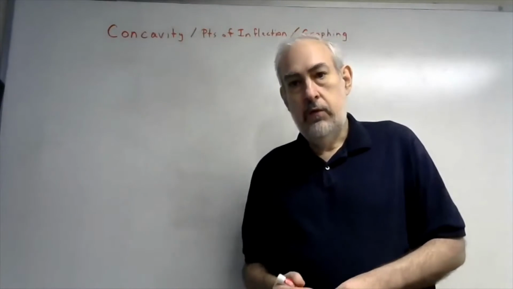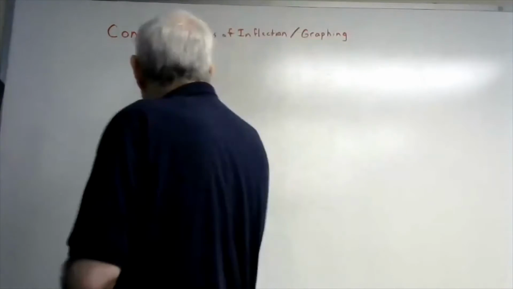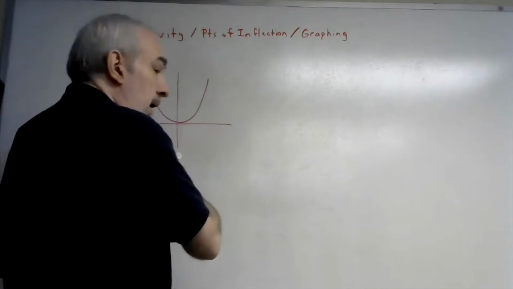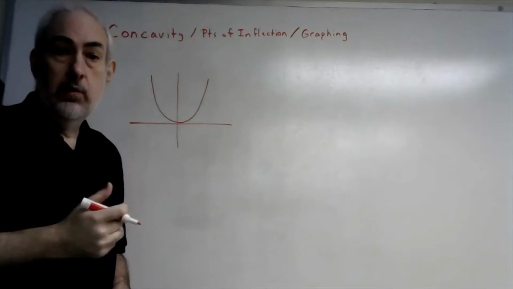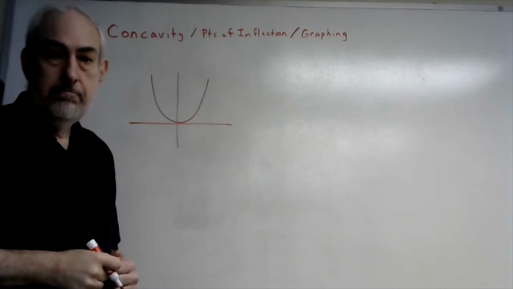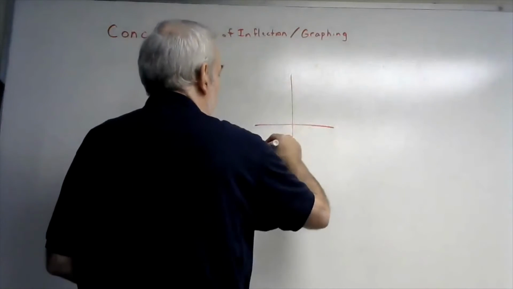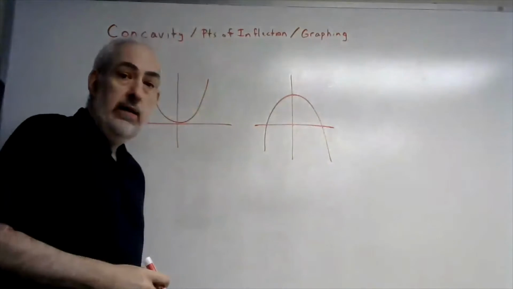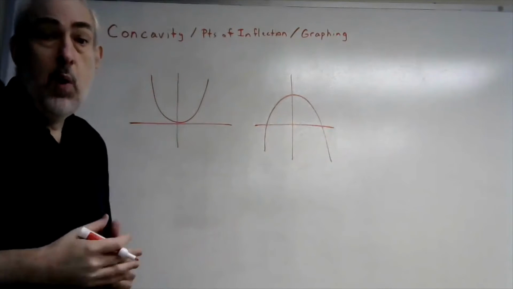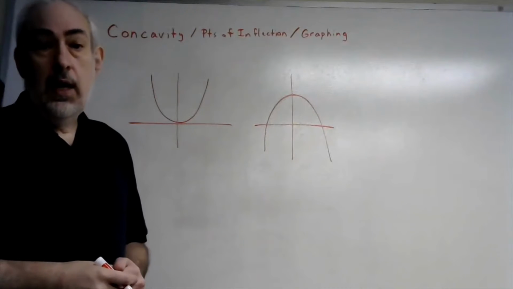Okay, so concavity is if you have an upward parabola like this, like y equals x squared, this is concave up everywhere. And if you have a parabola going down, that is concave down everywhere. Okay. To be more specific about what do we mean exactly when we say something is concave up or concave